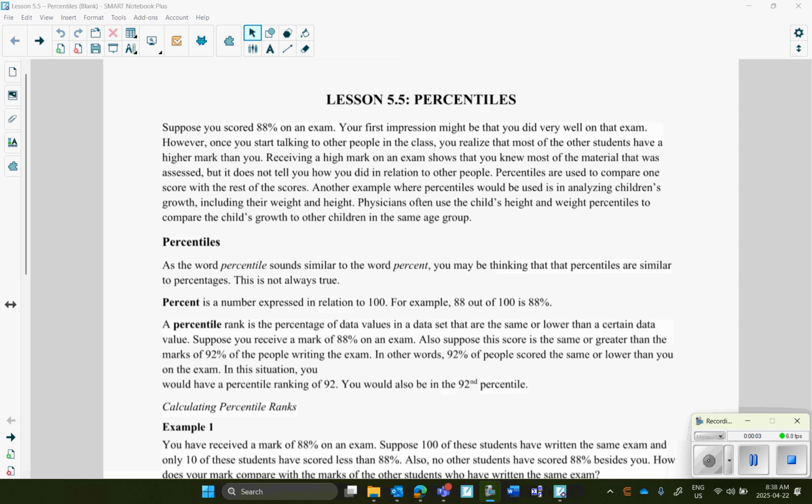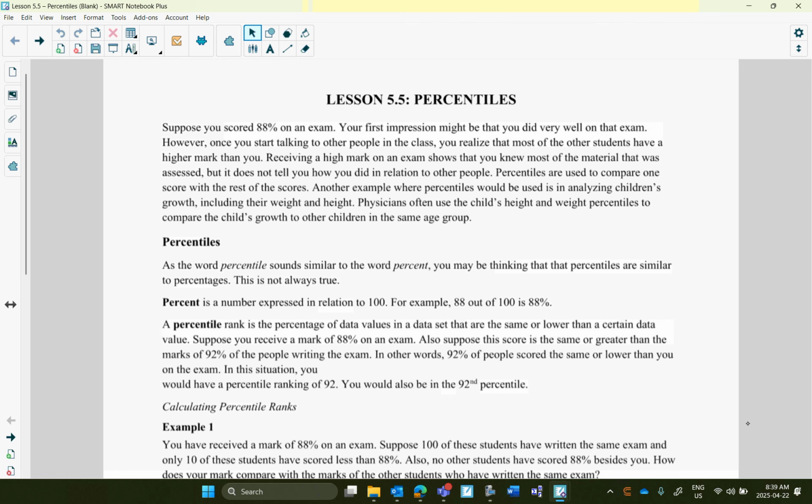So the last thing we're going to look at in this unit is something called percentiles, which you may remember from last year. So far, we've done mean, median, and mode, and a couple of types of mean, trimmed mean and weighted mean. All of those take a measure of the center of a list of data. Percentiles are a little different. It's not a measure of the center, it's